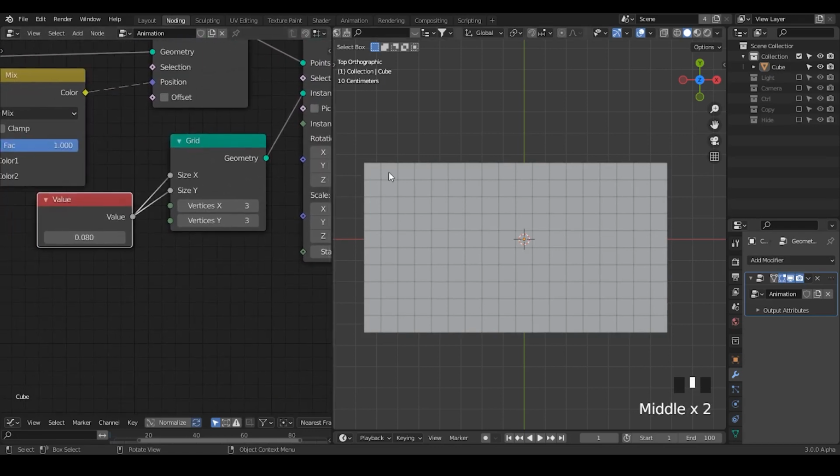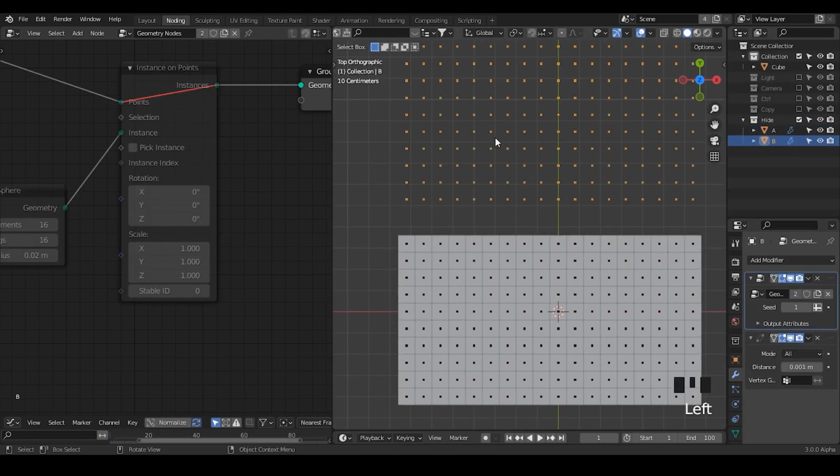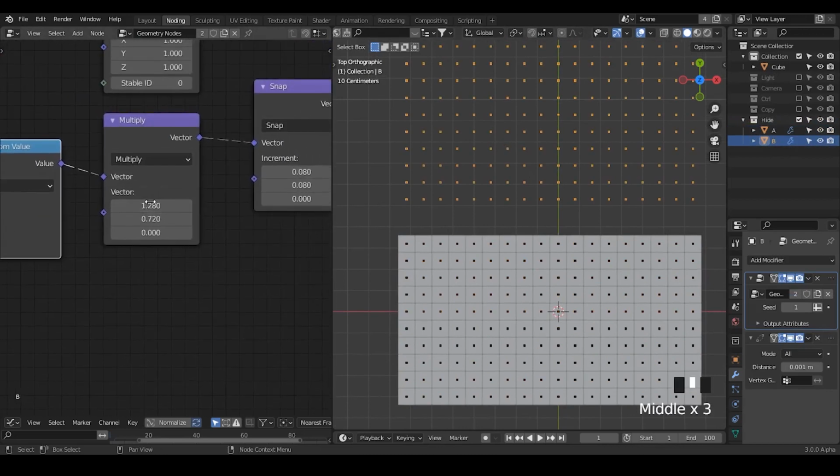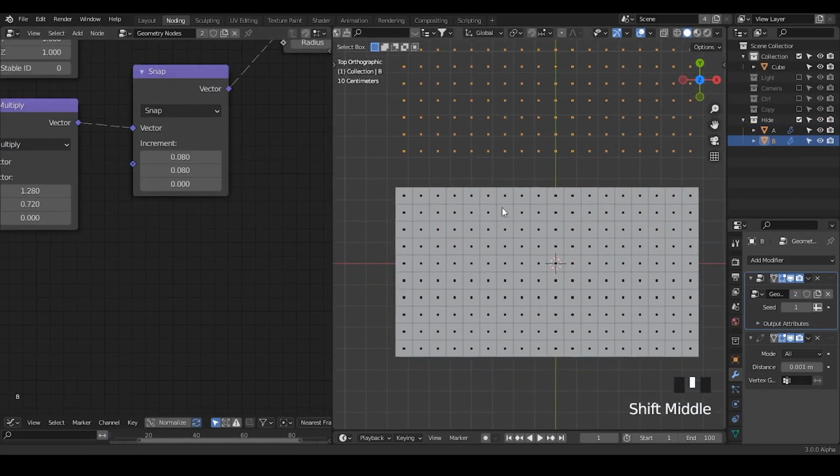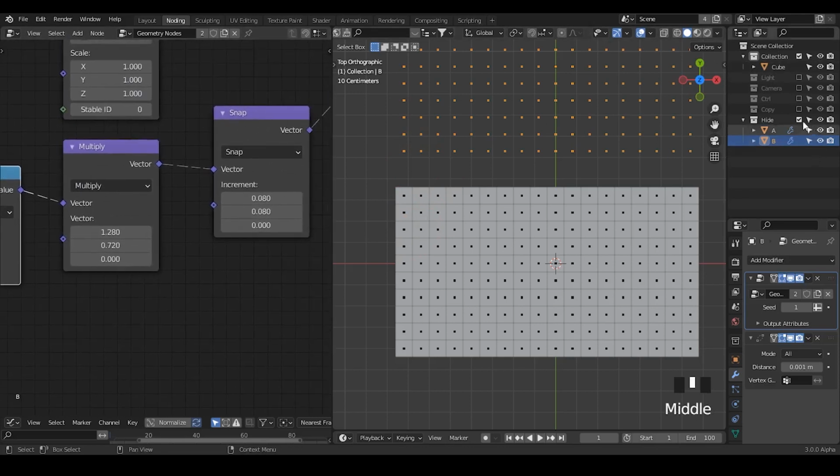But here I realize that despite the general shape being a kind of rectangle, the individual grid cell is like a square. This reminds me that when we set up these parameters, there are two kinds of control. One is controlling the general shape with this multiply. Another, I think, is the snap function that finally determines the ratio of each individual grid. Because if you snap the same values, then the spacing between here and here is the same. You can tweak it in your free time, but in this case, I think I will just stop here